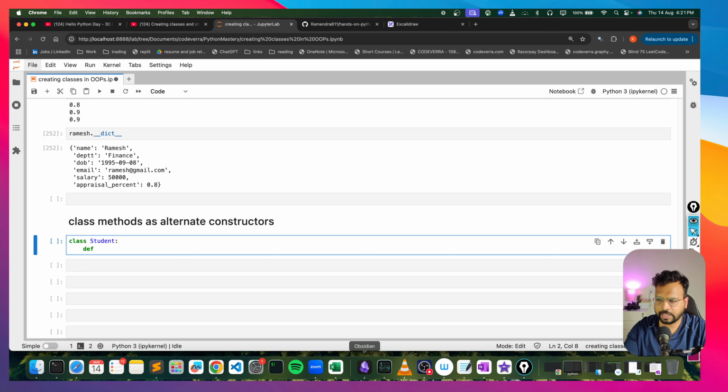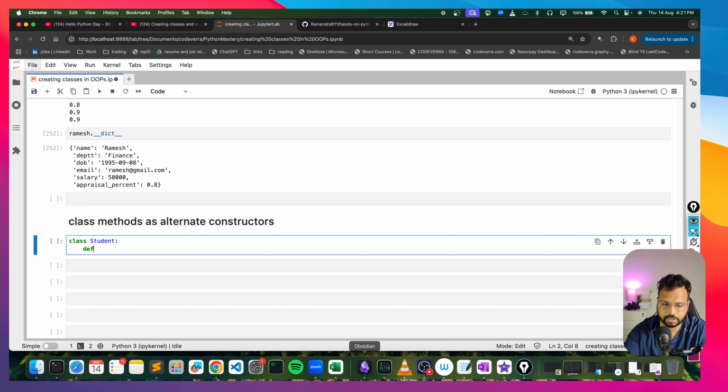And we'll look at class methods as alternate constructors, and for that example, we'll take a string as an input. So if we have a string as an input, or a CSV file or an Excel file as an input where we have all the details of the students, based on that, how can we automate, or how can we create a factory where students can be created. Here I'm going to create a basic structure of a student class, provide some basic information using which we can create some instances of this class student, and then we look at an example of how class methods